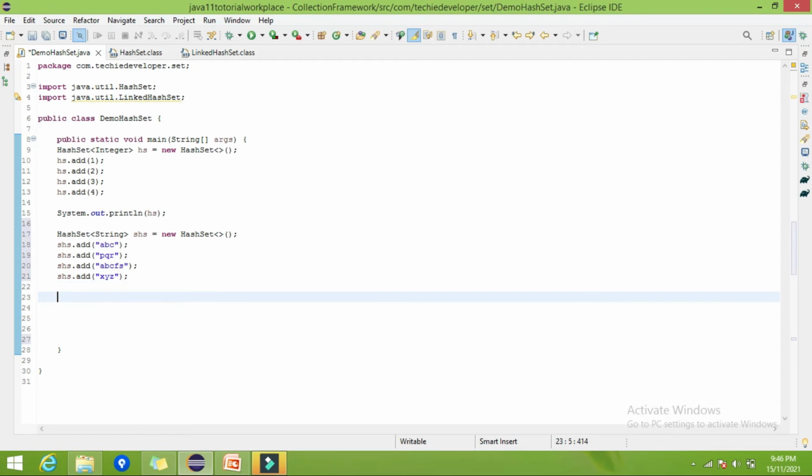So what I have done is created the hash set of string, and now to verify whether it gives the elements in the same order or not.